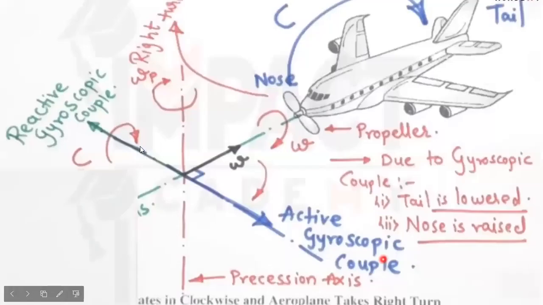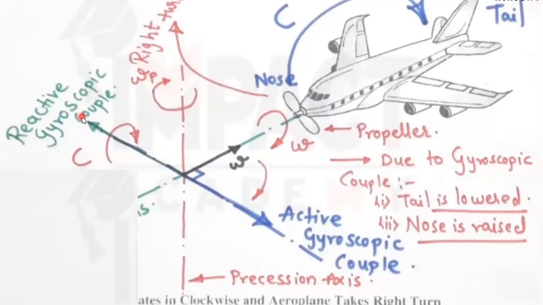And last, one more case we also see, that is clockwise direction. Here also it's a clockwise direction, but the flight is taking a right turn. So you are viewing from here, the viewer is here. Just imagine you are seeing the flight from your nose end and the propeller is in clockwise direction. Since it's in a clockwise direction, try to place the active gyroscopic couple to the right side of you. You are viewing from here, so your right side is this side. Place the active gyroscopic couple, and opposite to that you will be getting the reactive gyroscopic couple.